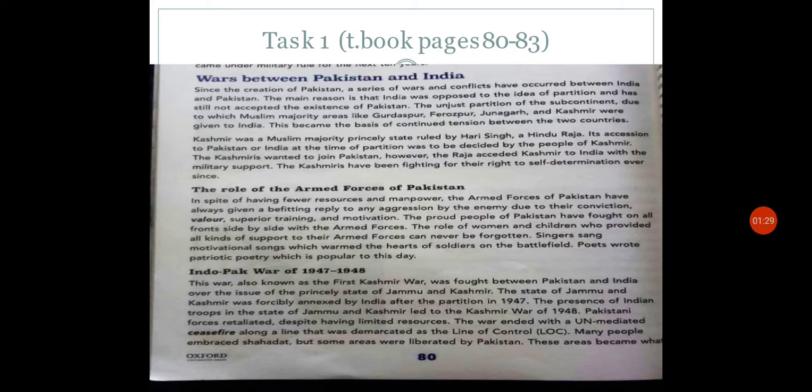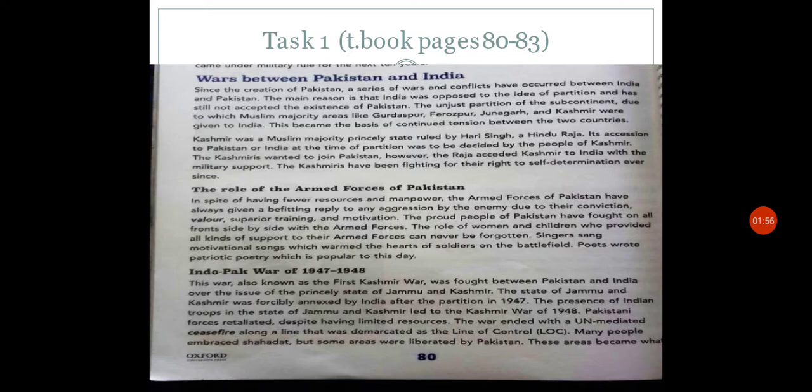The role of the armed forces of Pakistan. In spite of having fewer resources and manpower, the armed forces of Pakistan have always given a befitting reply to any aggression by the enemy due to their conviction, valor, superior training, and motivation. The proud people of Pakistan have fought on all fronts side by side with the armed